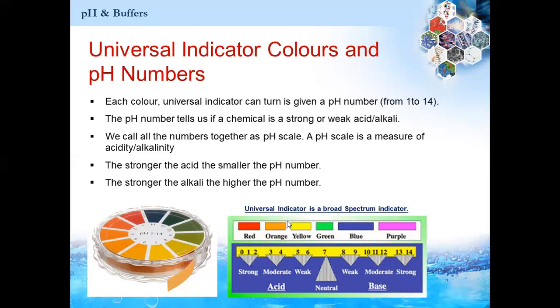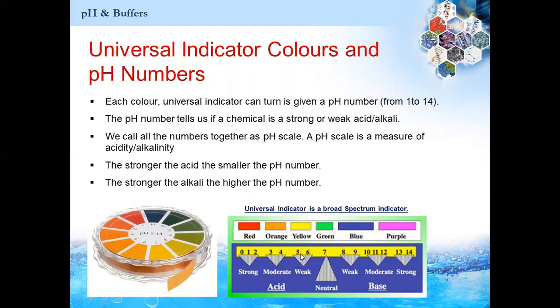If you compare color-wise to these values, all shades of red, ranging from yellow to red, fall below the pH value of 7 and are said to be indicative of an acidic solution. And if the universal indicator changes to shades of blue or to purple, the pH values usually fall in the range from 8 to 14, and that is said to be basic. So a solution which shows a red color is said to have a pH value of 1 or 2. That means strongly acidic.